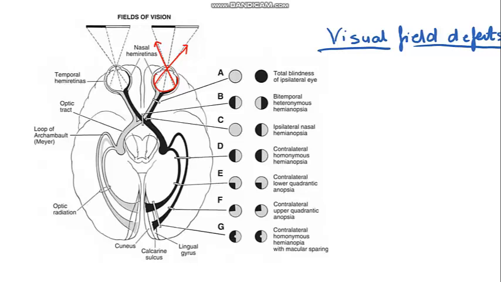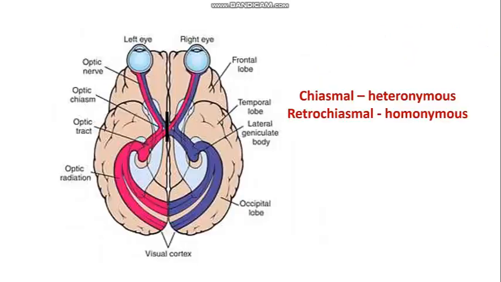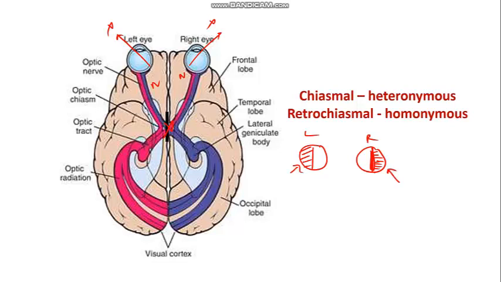In visual field defects, it can be unilateral or bilateral. See, this is a unilateral visual field defect of the right eye. Second, it can be homonymous versus heteronymous. If there is a lesion of the chiasma, we know that the nasal fibers are crossing at the chiasma. If nasal fibers are involved, there will be a temporal visual field defect, a bitemporal defect like this. This is heteronymous, because the defects are on opposite sides, not on the same side.